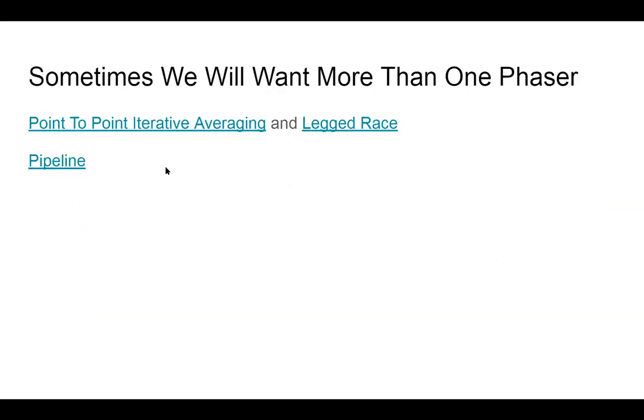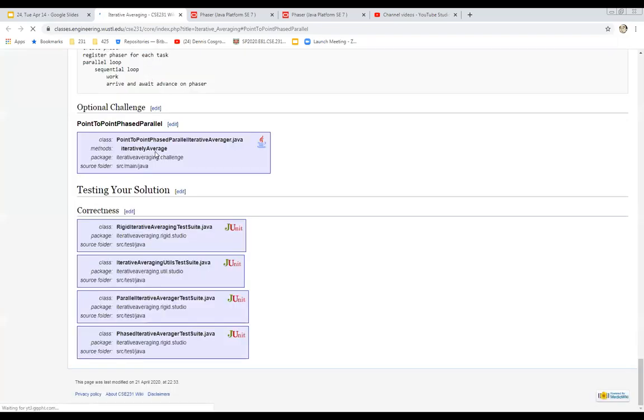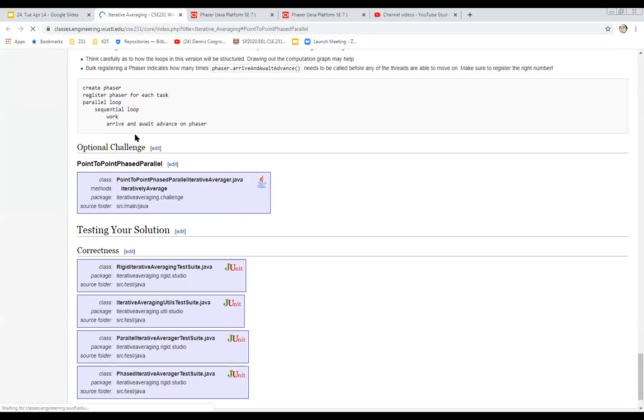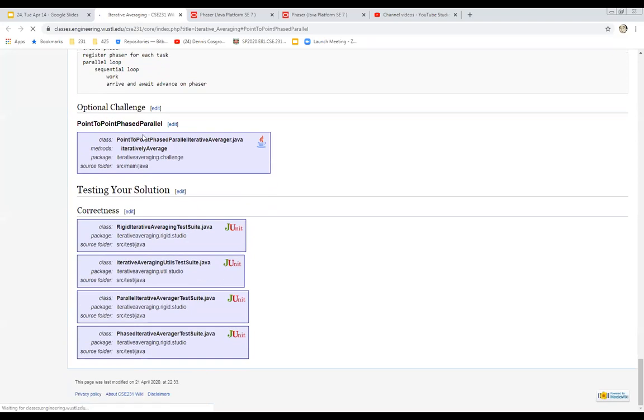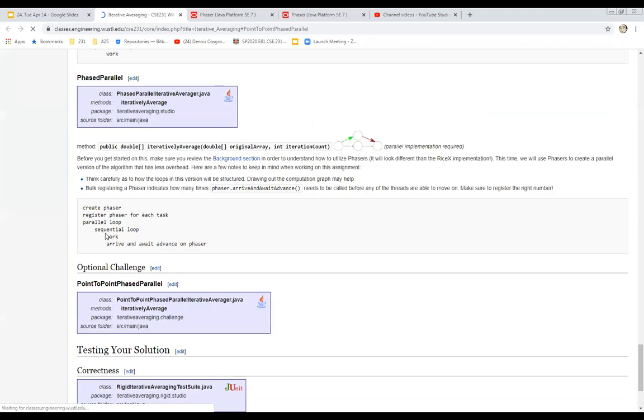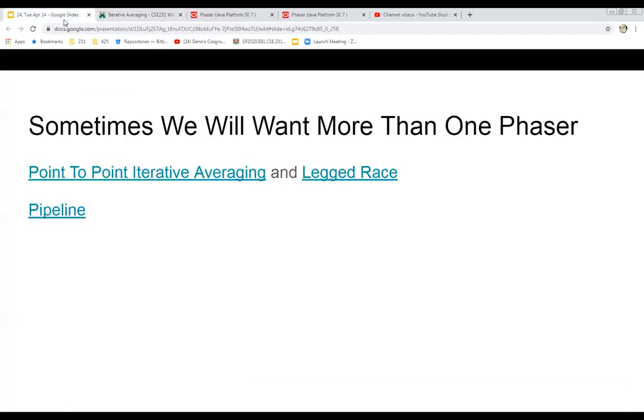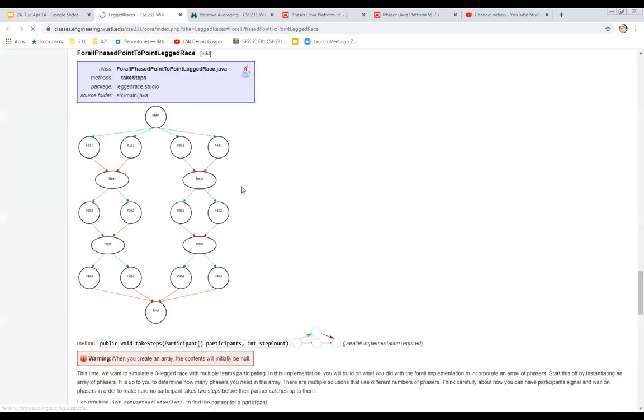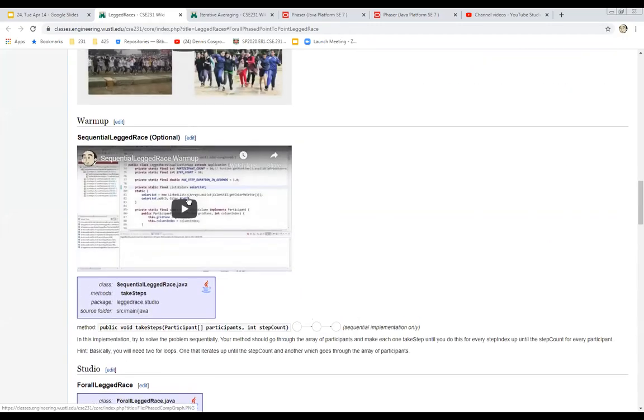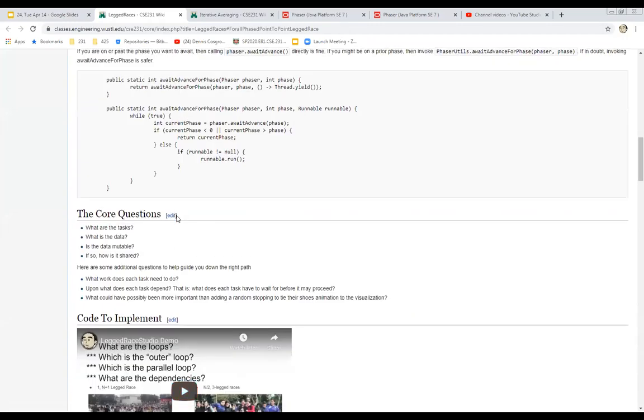Sometimes we'll want to use more than one phaser. That comes up in a couple of studios, both in the point-to-point versions. You're going to make multiple phasers. This is totally fine. It makes sense that you can make more than one phaser if that's what you need. And point-to-point iterative averaging uses this, as well as the legged race, which ends up making more than that. In the legged race studio, you end up building these many,